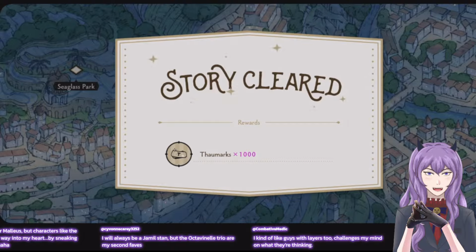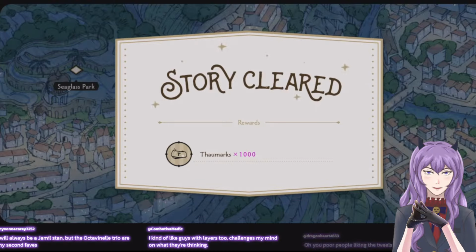Always be a Jamil stan, but Octagonal Trio, my second faves. Jamil's such a fun character too. He also has layers, I would say. Kind of like guys with layers too. Challenges my mind and what they're thinking. It keeps you on your toes, and it also makes them interesting characters to read and write about.